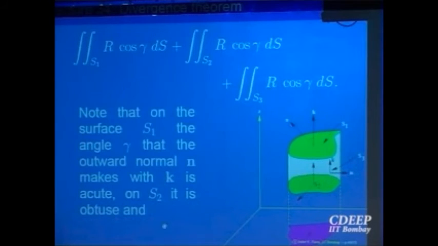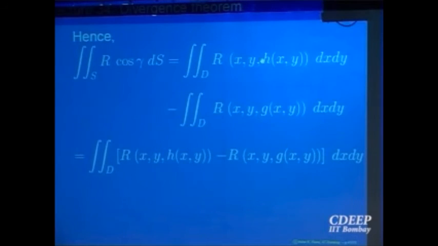So I have just written that thing only. So that means this is equal to... So the second integral becomes 0. Okay, so the first one becomes the integral over D, that top surface. This is the integral over the top one, and this is the integral over the bottom one, but both have the same projection anyway.